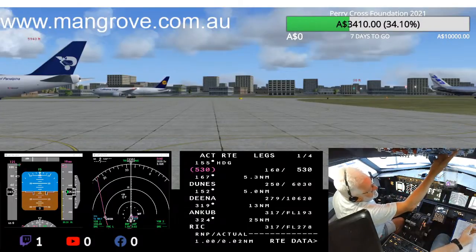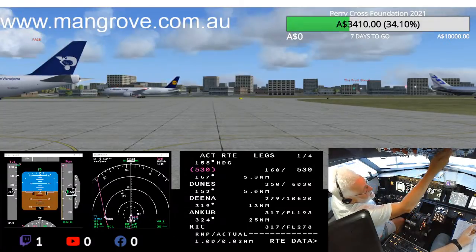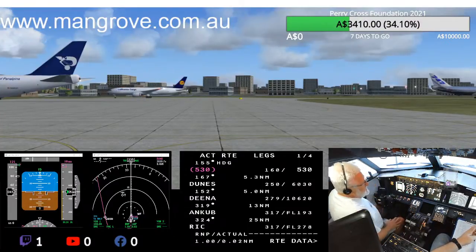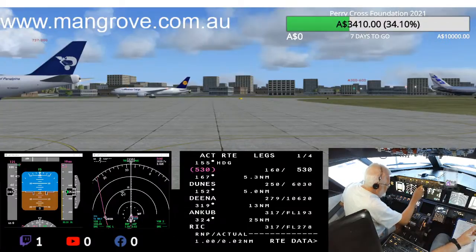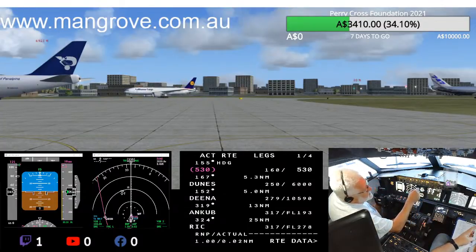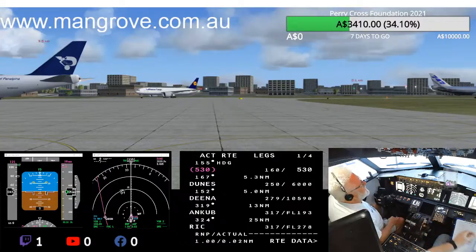Engine start switch to continuous. PAX auto. APU bleed off. LNAV VNAV. Auto brake RTO, we've done it. Set flaps for takeoff. Your job. 40.